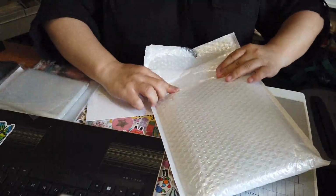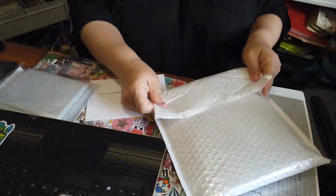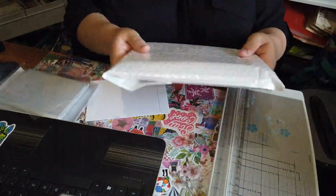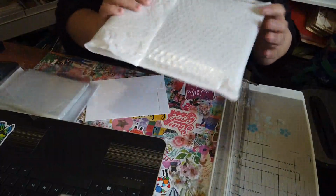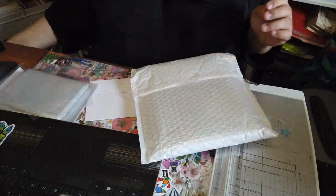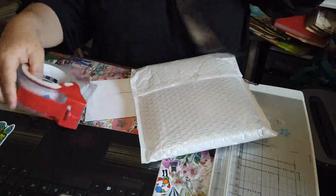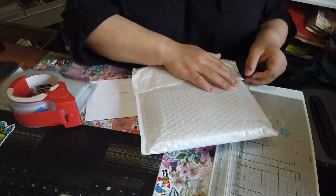So just one thing with packages is you want to have it so there's no wiggle room. So this is where they end here. And I'm actually going to fold it over like this so that there is no wiggle room there. I mean, there's a little this way, but it'll be fine. Then I put a piece of paper across, secure it,